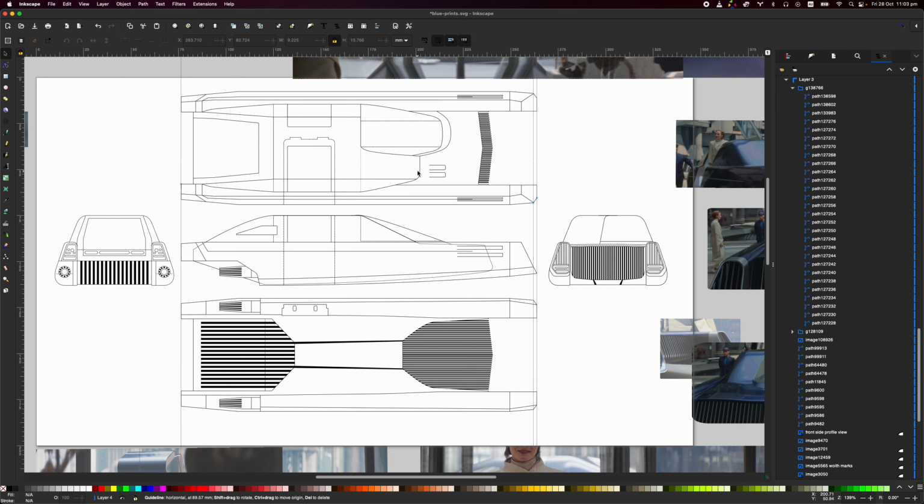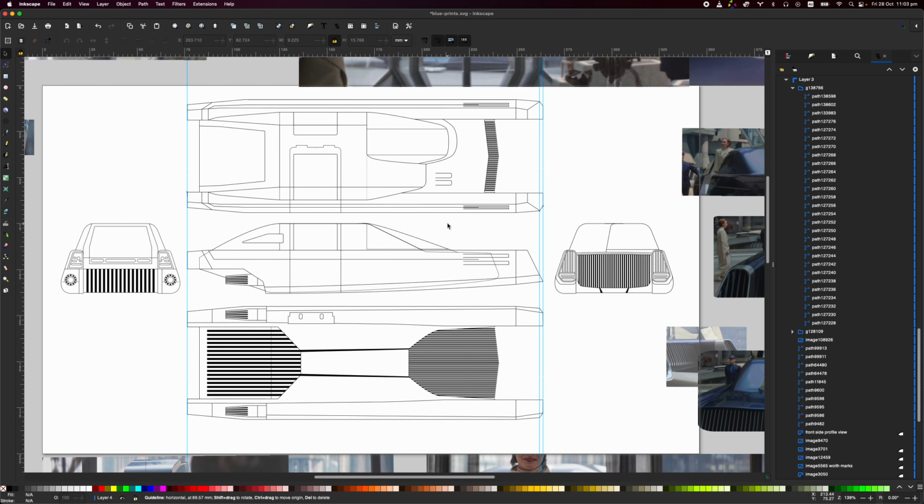Hello there. This is my second try to make a quick video. The first one was 18 minutes, so if I can make this one in 3 minutes or less, I will be happy. This is just an overview of my project where I was doing the blueprint or outline of Mon Mothma's car from the Andor TV show